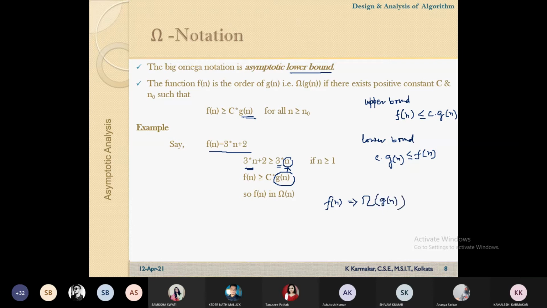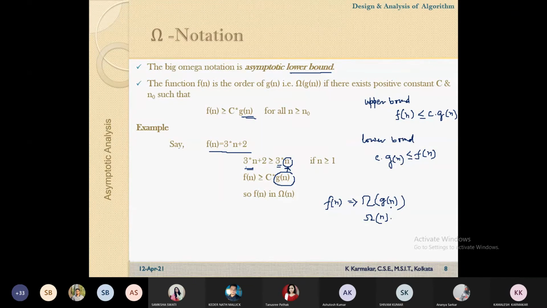Now replace this value of g(n) in your equation. In our assumption g(n) equals n, so this one is big omega of n. In a similar way, you can put some values of n and you have to prove that for any larger value of n, it will be satisfied. In that case, we can represent it as the asymptotic lower bound, as we have discussed in the case of the asymptotic upper bound.